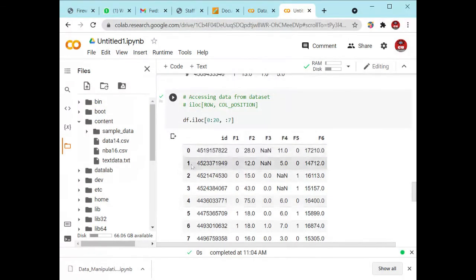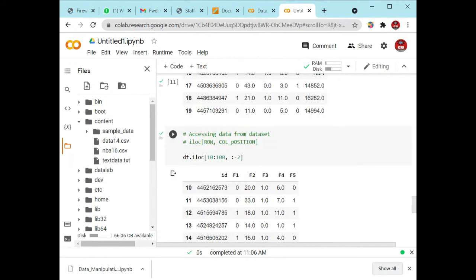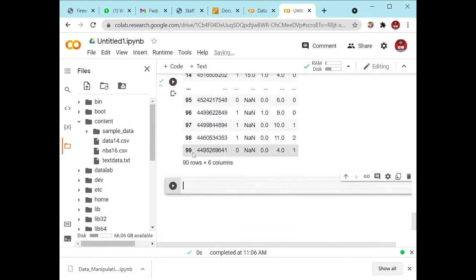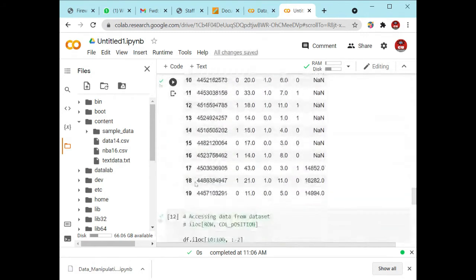So 20 rows, from 0 to 19, it will show the output. And how many columns does it show right here? 7 columns. You can count 1, 2, 3, 4, 5, 6, 7 columns. The values start from 10 to n minus 1, 99. So you can see 10 to 99 values will be shown right here.